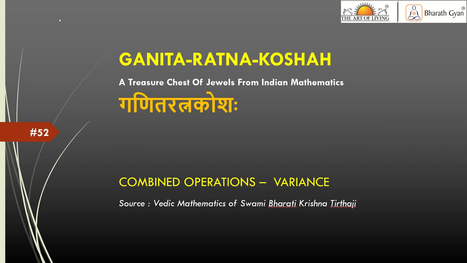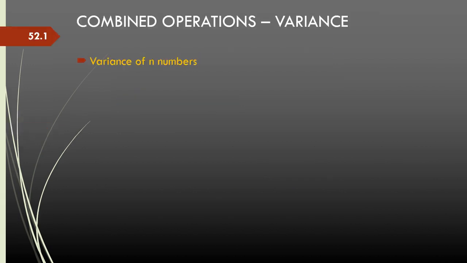In the last couple of videos, we've been dealing with sum of squares, which have some very common applications. In the last video, we saw how to calculate the Pythagoras theorem result, like the square root of a square plus b square or the square root of c square minus a square. Now, another very common application of sum of squares is variance. So, let us look at how we can calculate variance by leveraging the combined operations methods, calculating place value by place value.